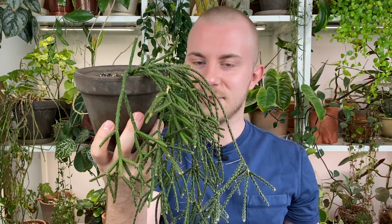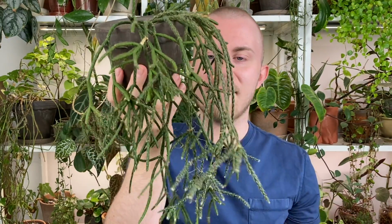There are so many others that have such interesting appearances. There are some that do have thicker leaf sticks thingies. I need to figure out the name. It's like platyclades or something. I don't know. We're gonna call them leaf sticks right now. But the ones that have thicker leaf sticks, you're going to want to probably keep a little closer to the